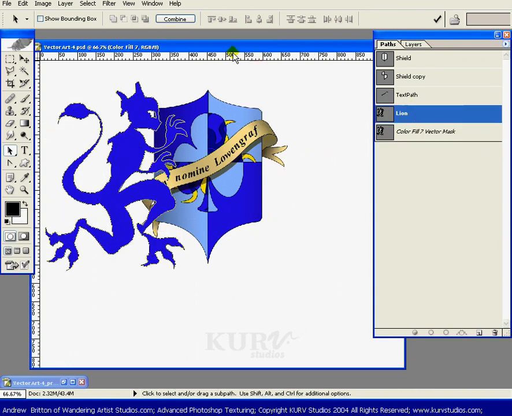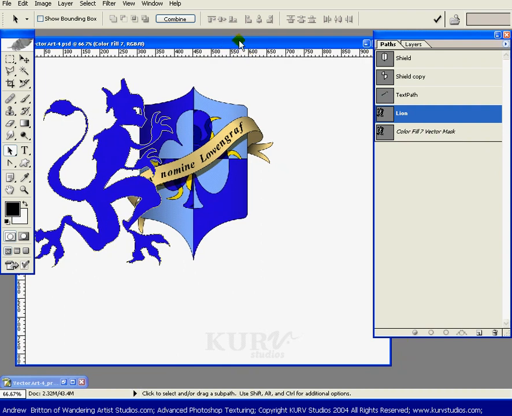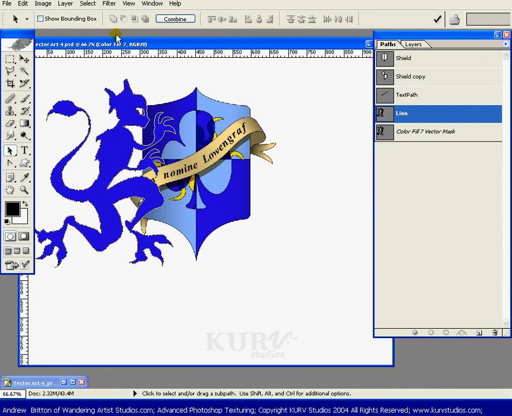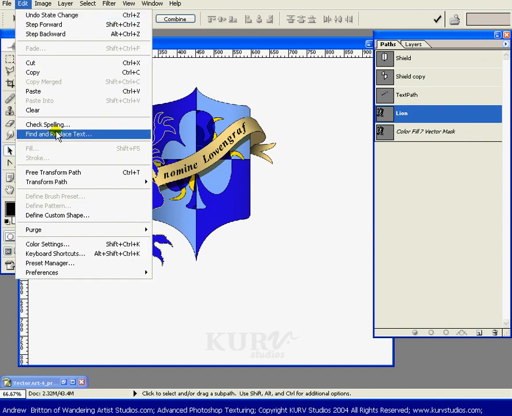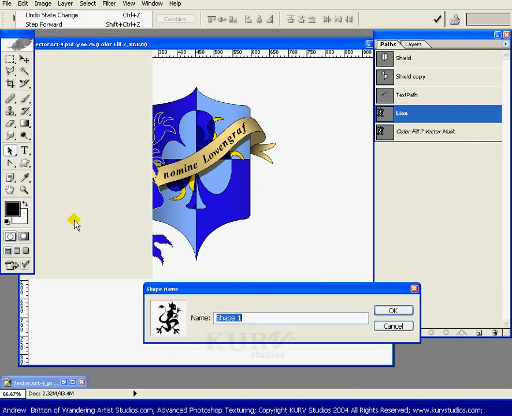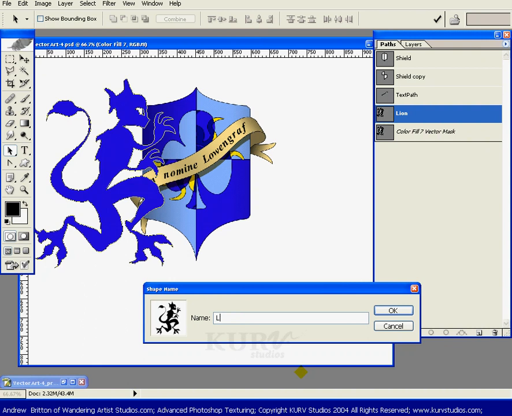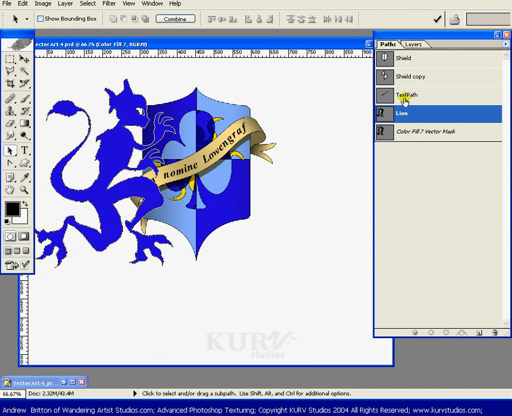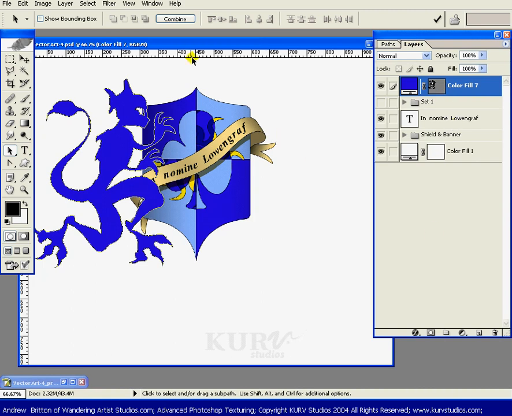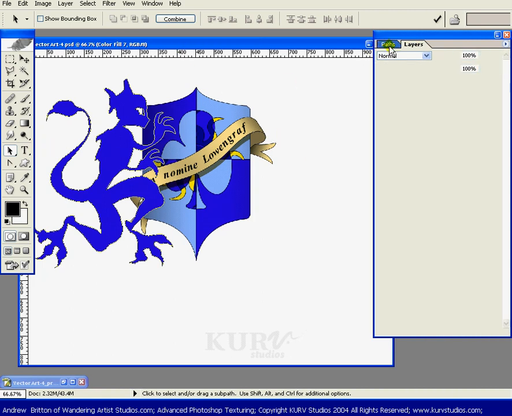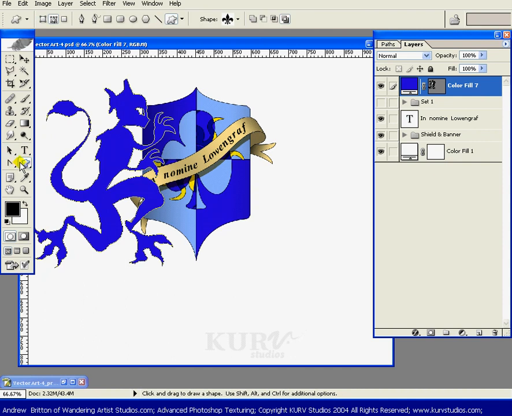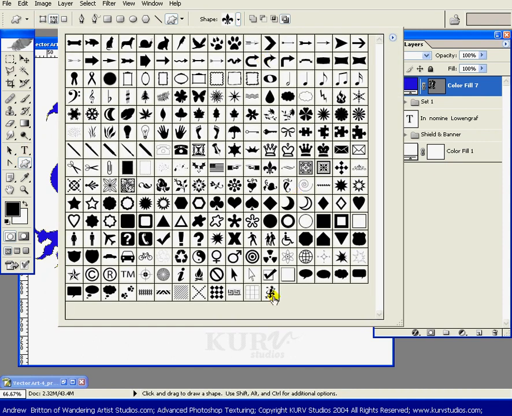However, if you did want to use the line again, maybe in other places, or whatever shape that you have created, you can come up to Edit and define a custom shape. And this we will stick with line as the custom shape. Click OK. And now, instead of having to go through the paths, I can click on this button right here and come up to the Shapes window, and right down here at the bottom I've now got Lion. So I will select Lion,